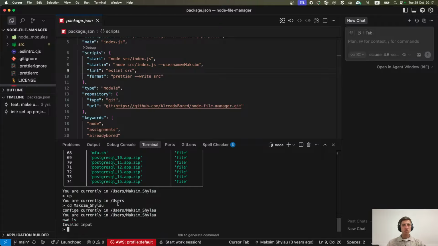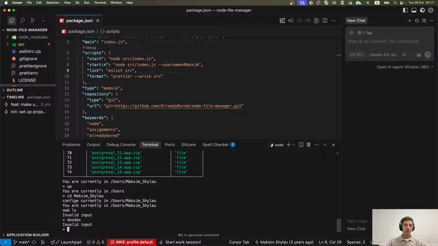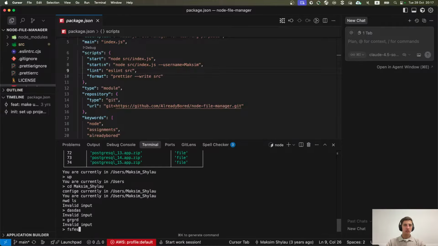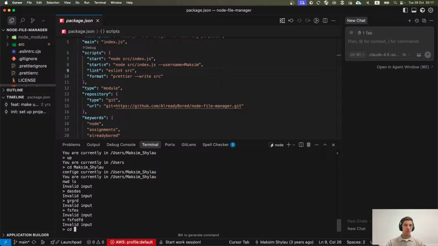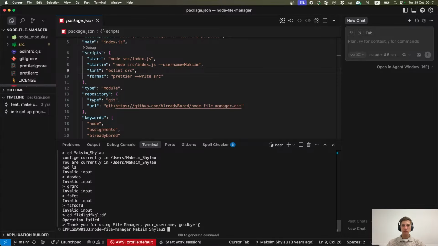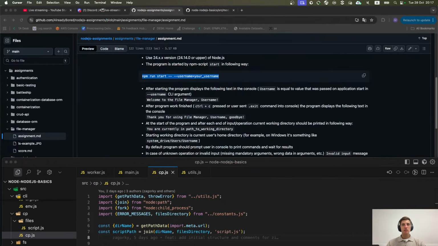And we can do many different stuff. And you can see that if some error happens, for example, I put an invalid command, or I want to go to a non-existent path, we simply have invalid input or operation failed errors, and the application still works. And when I exit, it just says goodbye to me using my username.